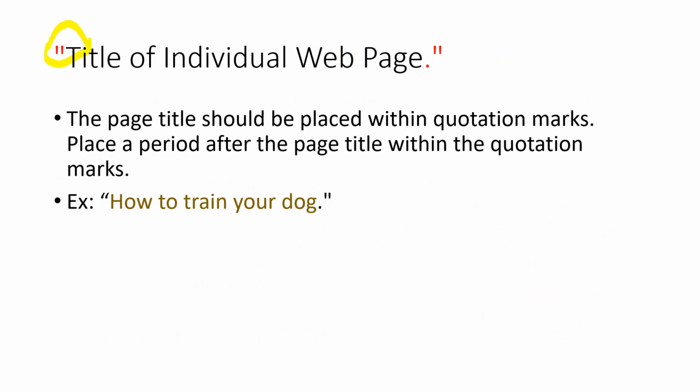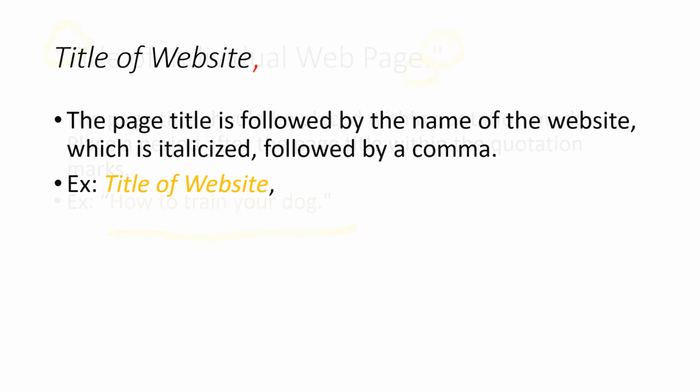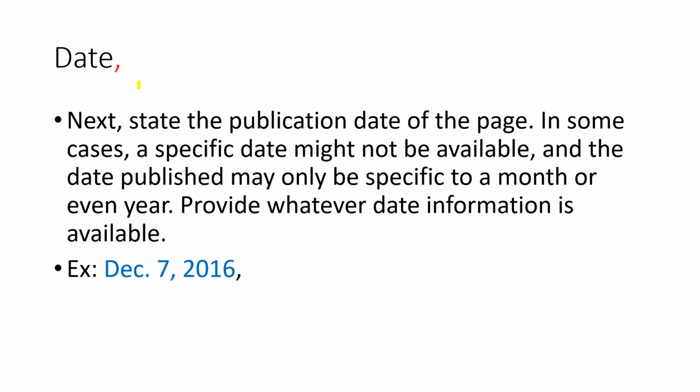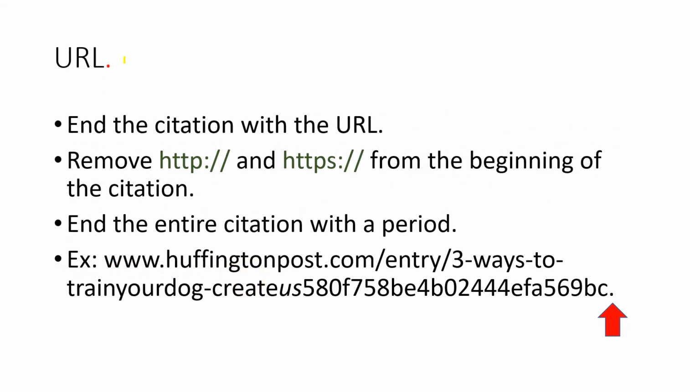Title of the individual web page in quotations and a period at the end, like How to Train Your Dog. Title of the website, comma, and don't forget, it's italicized. Publisher, comma, Huffington Post here, see, comma. You can, once again, pause this if you wish and take a look at what it is. The date, easy peasy, don't forget, comma. And the URL,